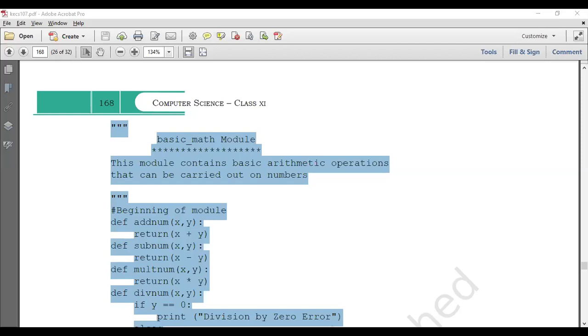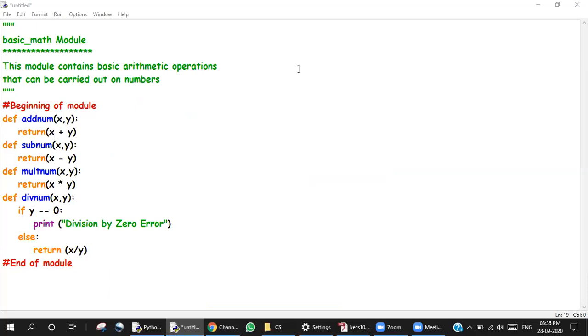All right, so over here I have made this same thing that was there in your chapter. I have put a triple quote over here, since a doc string takes triple quotes. These are my 4 functions that I have made.